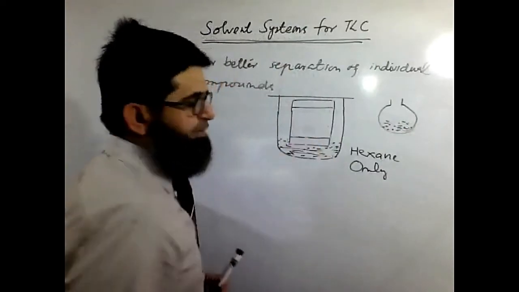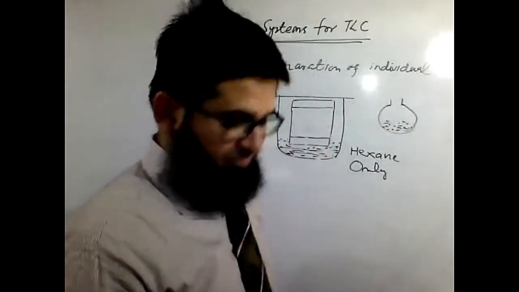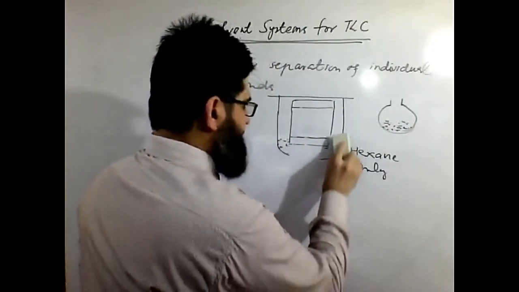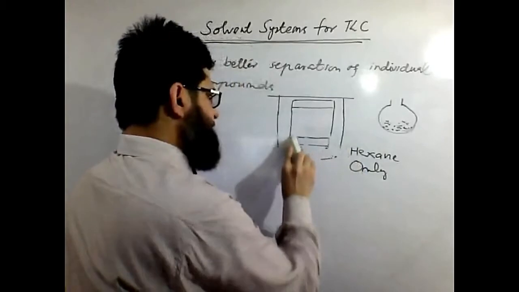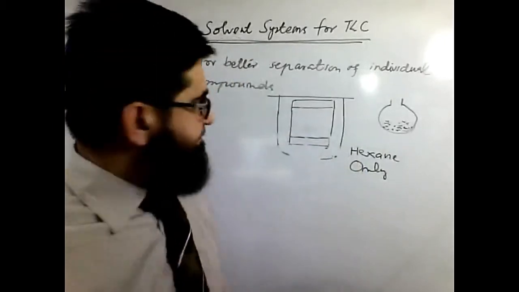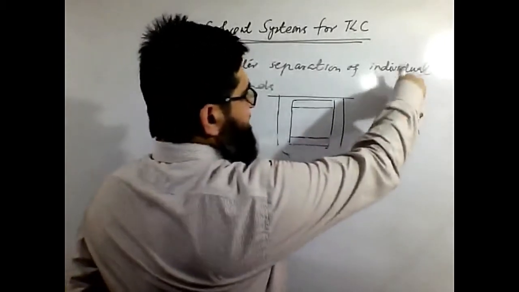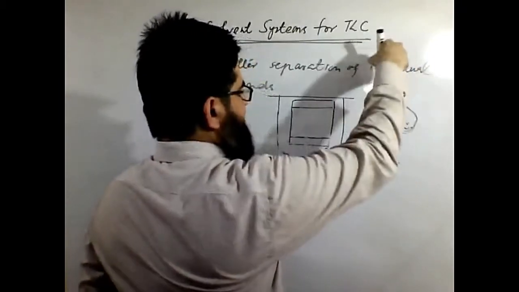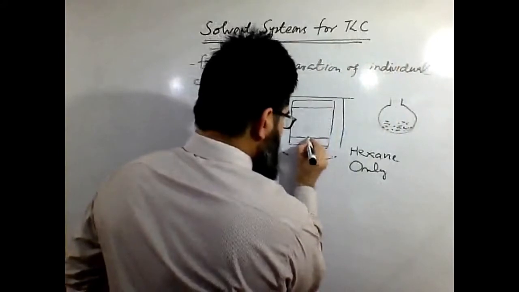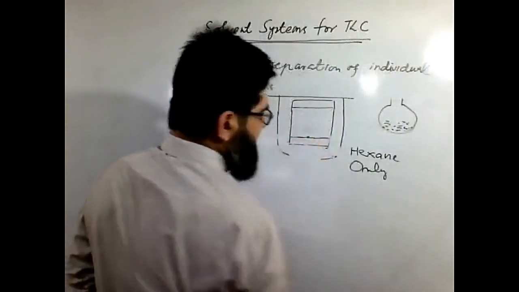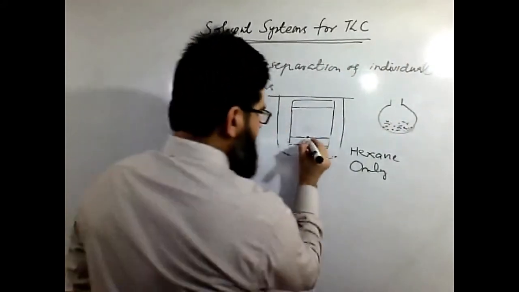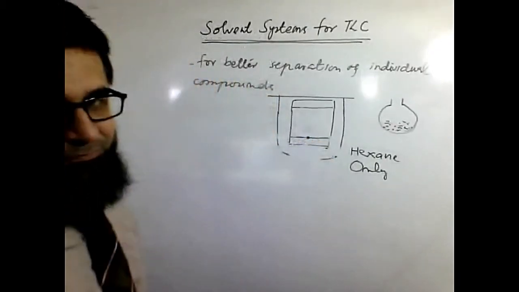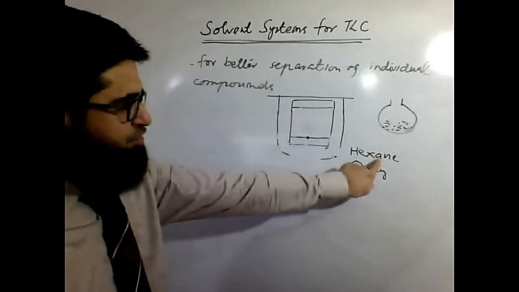Now, bring in a new plate. We bring in new plate. Again, we took another capillary. We took one little drop out of the fraction flask and deposit it again on the base of the TLC. We have deposited here again, like this way. Now we need to change the solvent system.